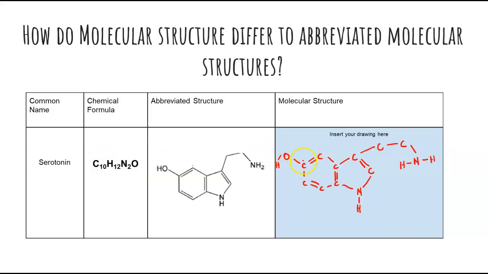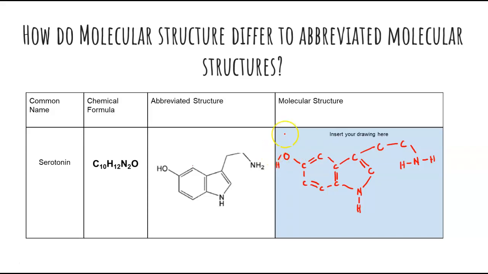So I'll start in this corner right over here. I have 1, 2, 3, 4, 5, 6, 7, 8, 9, 10. Good. So I've taken care of the carbons. I got the 10 that I expected. Again, always self-check. Now we're going to move on to the second to last piece, and that is adding